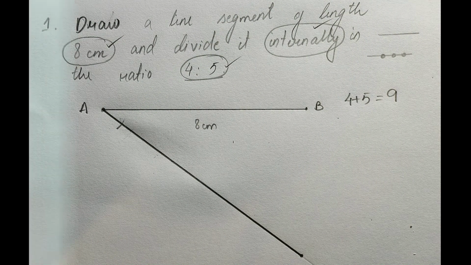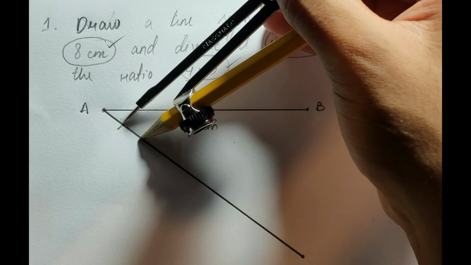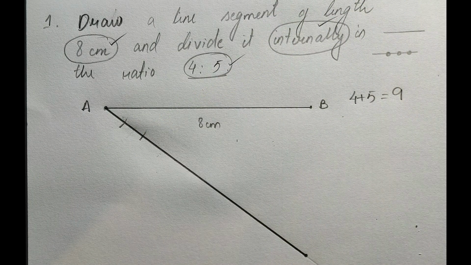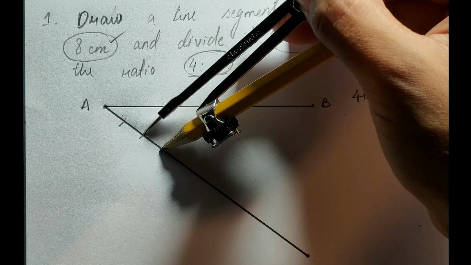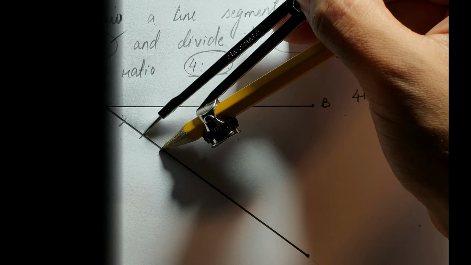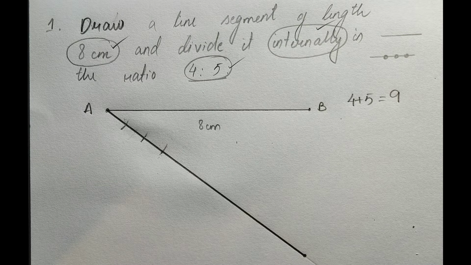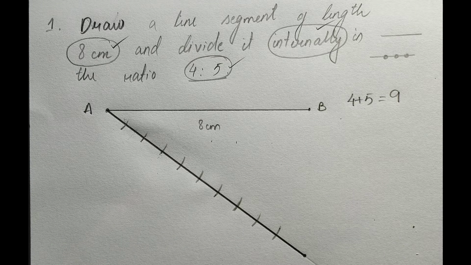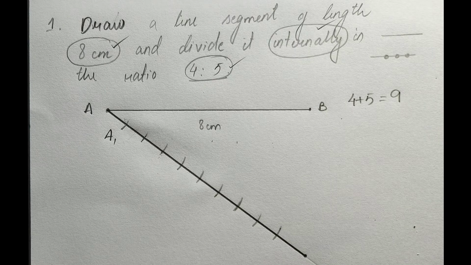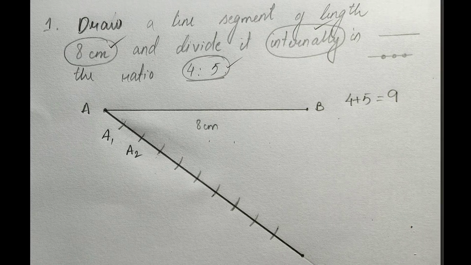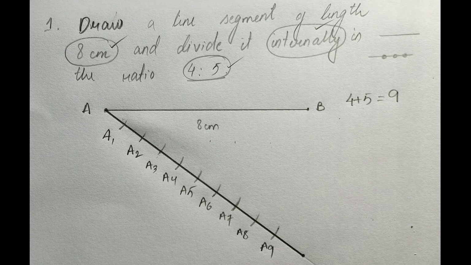So this is our first mark. Without changing the length of the compass, we will keep one end of the compass on the just drawn arc and we will draw another arc like this. Then again, without changing the size of the compass, we will keep one of the points on the second arc and we will draw the third arc, which will look something like this. Following the same steps, we will now draw 9 such arcs which will divide the whole line into 9 equal parts. Let us label the first arc as A1, second arc as A2, and so on all the way up